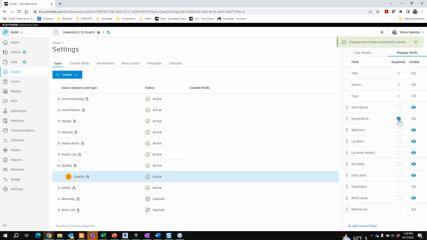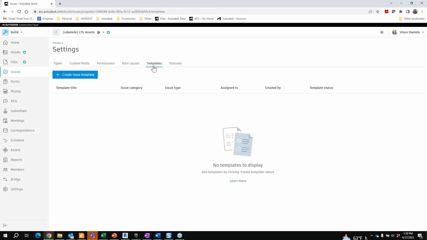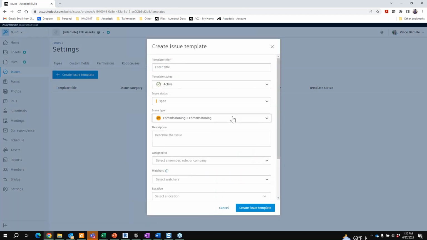which is pretty obvious, like someone's getting notified that there's a site issue. So as long as we build it into the issue type, it's going to make sure that whoever is filling that form assigns it to someone. But I just felt like if you go a little bit further than that, we could create an issue template around